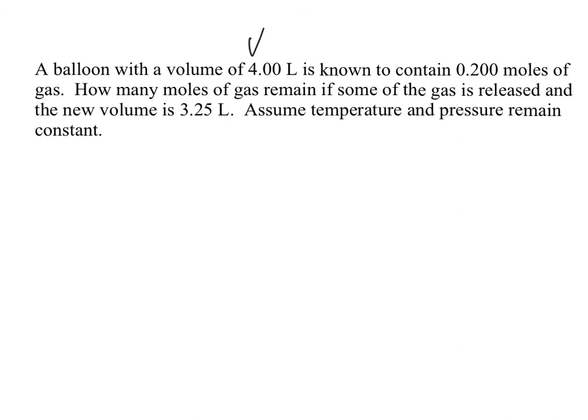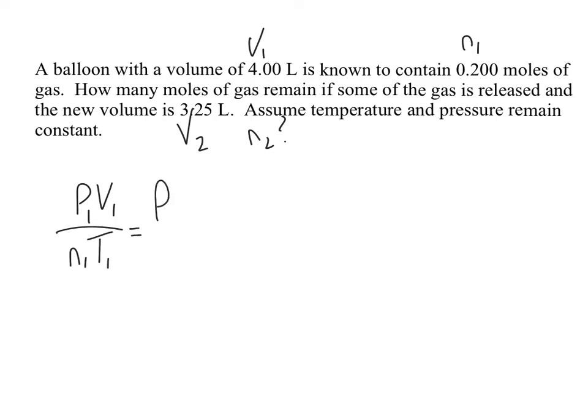We have a volume and a number of moles, V1 and N1. My new volume is 3.25, and I'm going to solve for my new number of moles of gas, N2. So I'm going to start with my combined gas law, P1 V1 over N1 T1 equals P2 V2 over N2 T2. And notice I don't tell you anything about pressure, so I can eliminate my pressures. And I don't tell you anything about temperature, so you can eliminate your temperatures, which leaves you V1 over N1